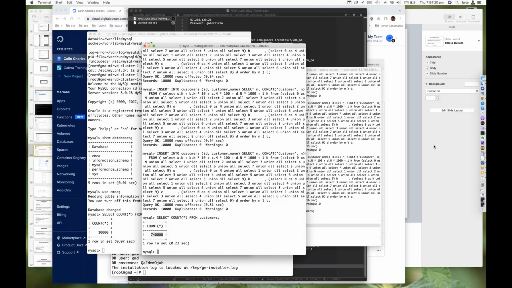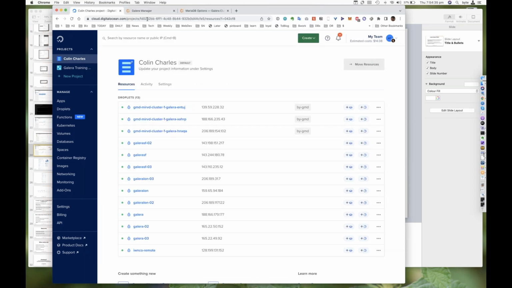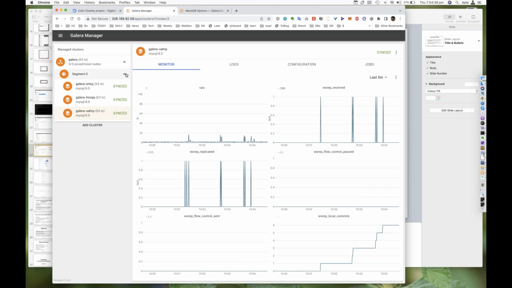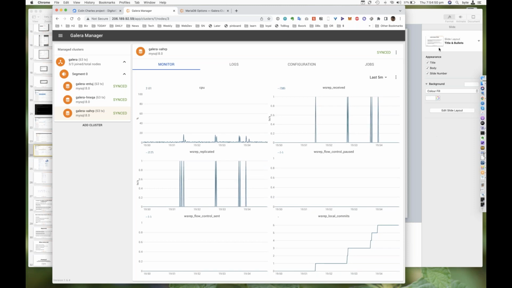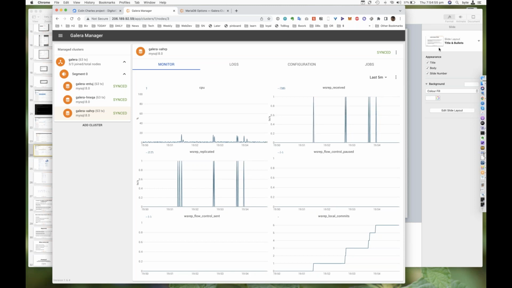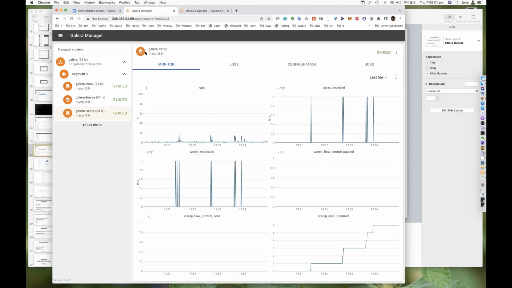How can you easily add a read-only node which can be used for statistics or something else? So what you're saying is you want possibly just an asynchronous replica. Unfortunately, through this interface, we don't have the ability for you to add an asynchronous replica. We can add another node easily, but we can't add an asynchronous replica, and that has also been a feature request. Besides asynchronous replica, we also want to definitely give you the ability to do load balancing. So we can configure Galera Load Balancer through the Galera Manager as well. So yeah, plenty of